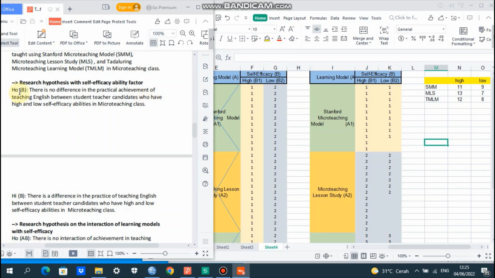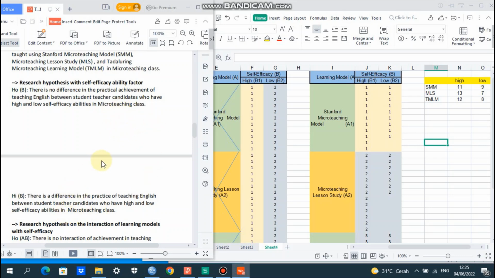Okay. The next hypothesis, the research hypothesis with the self-efficacy ability factor. Factor 2, or the symbol here is B. So the H0 here: there is no difference in the practical achievement of teaching English between student-teacher candidates who have high and low self-efficacy abilities in micro-teaching class.